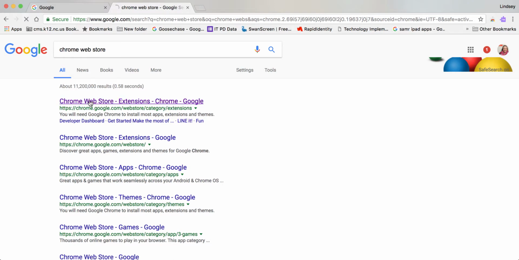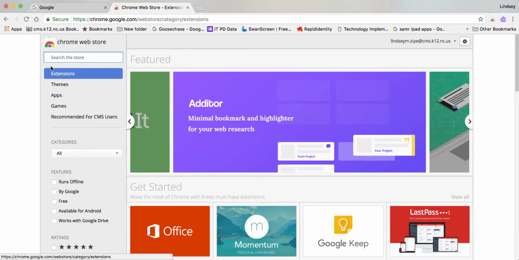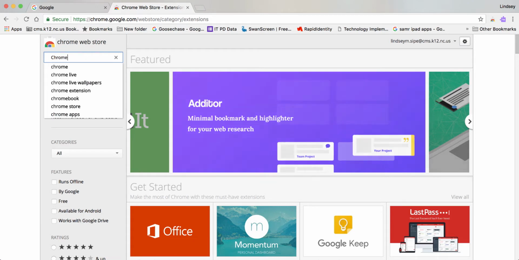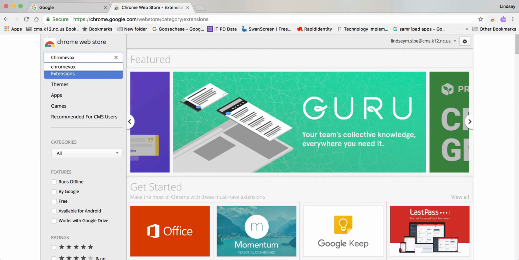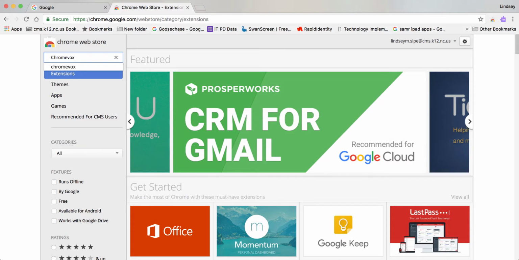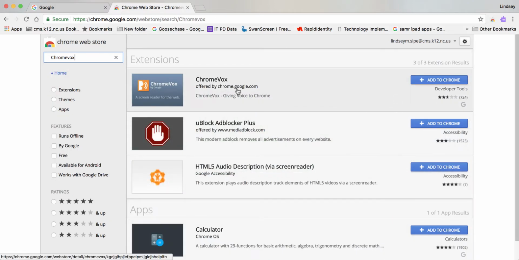So I'm going to click on the web store, and I'm going to come up to search the store, and I'm going to type in ChromeVox, like V as in Victor, OX. Click on that, and then you are going to see this ChromeVox extension. This is the one you're looking for, a screen reader for the web, and you are going to hit Add to Chrome. So again, this is what your students are going to be doing once they are logged into the Chromebook. So they also have the ability to do this. So I'm going to hit Add to Chrome, Add Extension,